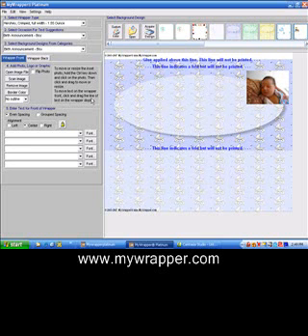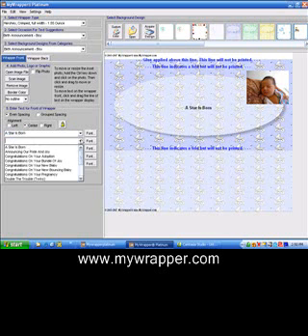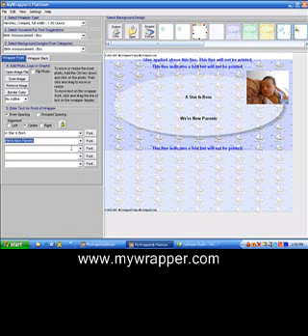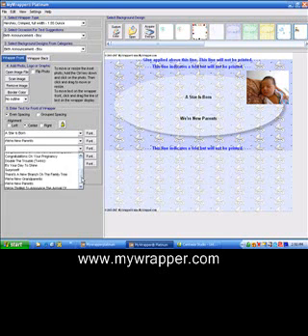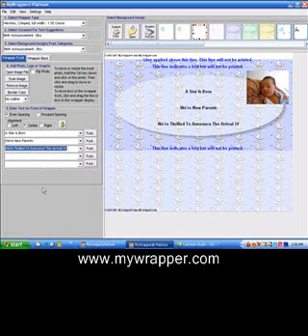All right. The next thing I'm going to do is add some text. Notice down here on the Wrapper Front tab, we have these 5 lines of text that can be filled in. I'm going to select some items from this particular area. Here we go. Let's pick A Star is Born, and you can see it immediately show up on the screen. And in the next one, I'm going to pick, let's see, We're New Parents. How about that? And for the next one, I'm going to select, We're thrilled to announce the arrival of,